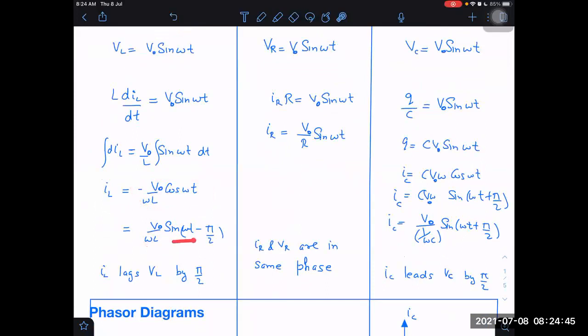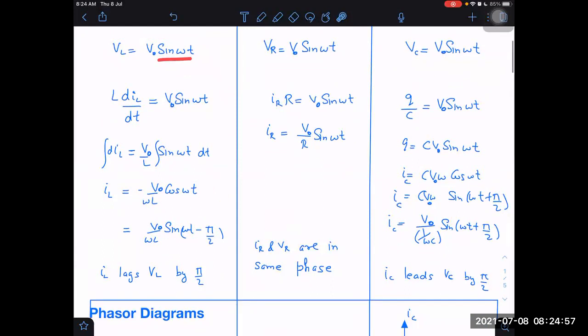Why did I write in terms of sin omega t? Because I want to see what the phase change is with respect to the initial value of phase. If I want to see the phase change, then this also should be in terms of sine, and the other both should be in terms of sine. If one is in terms of cos, the other should also be in terms of cos, right or not? I want to find the relative phase change with respect to voltage. So I can tell IL lags VL by pi by 2 because here it is minus pi by 2, right? Okay. Yes, sir.